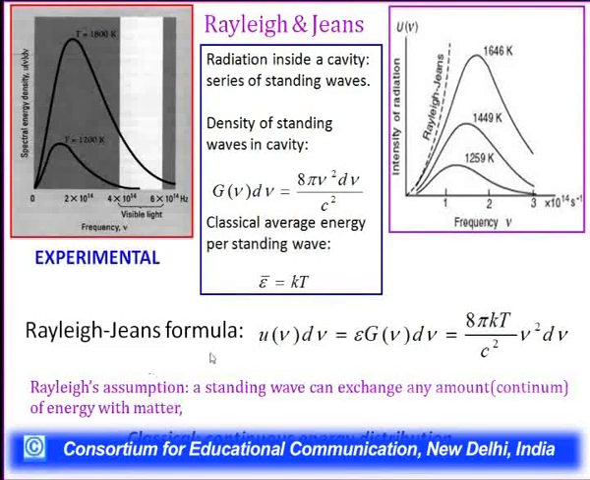Then the Rayleigh-Jeans formula is used, where U nu d nu is equal to E g nu d nu is equal to 8 pi kT, here we put the value of E, then 8 pi kT by c square nu square d nu for the whole system we are considering here. The Rayleigh assumption is that a standing wave can exchange any amount of energy with matter, and this graph has been taken